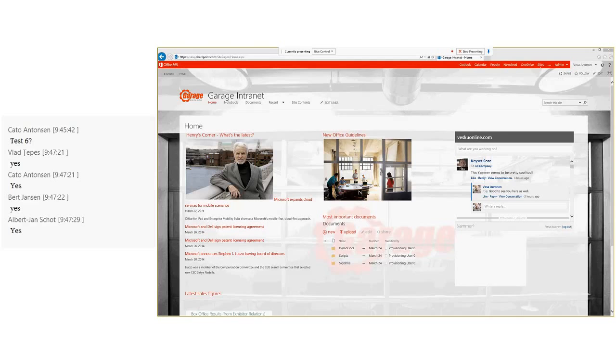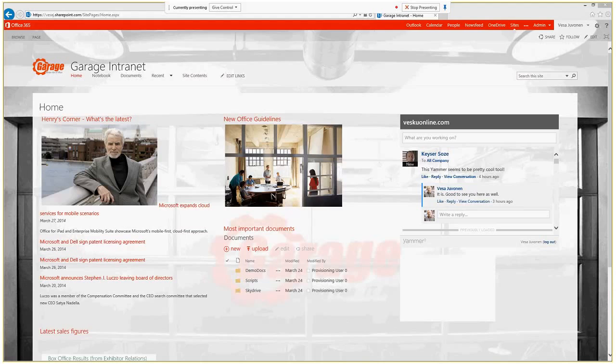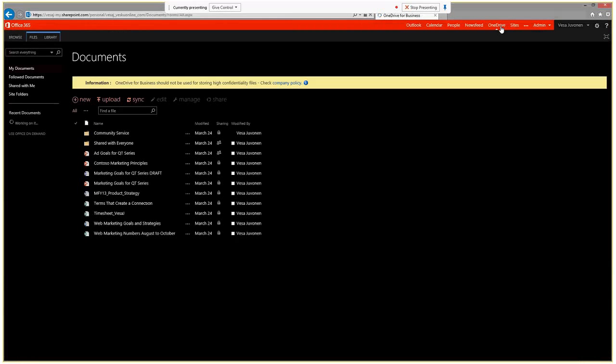Quite often for our customers, of many sizes, they have a default setting in the group policy which says that whenever you open up your browser, you land on this Garage intranet, or that particular company's intranet. In my particular case, if I click the OneDrive on the top, and I know that it takes quite a long time to refresh, you should be able to see now the black Garage theme applied to myself